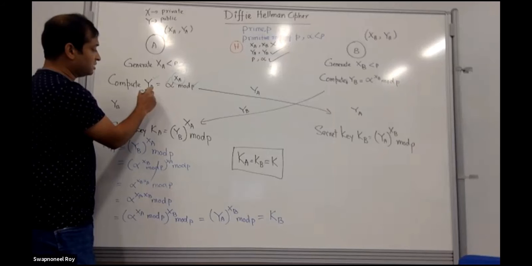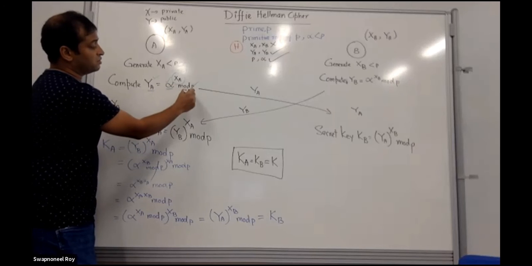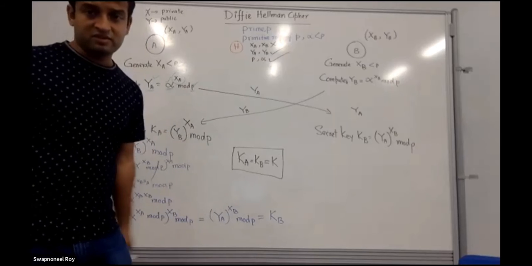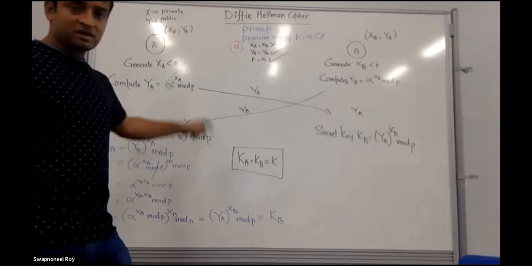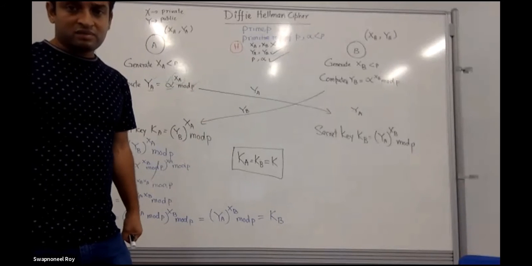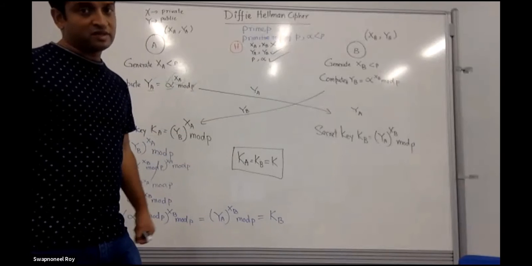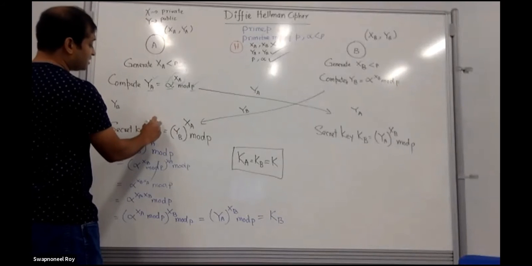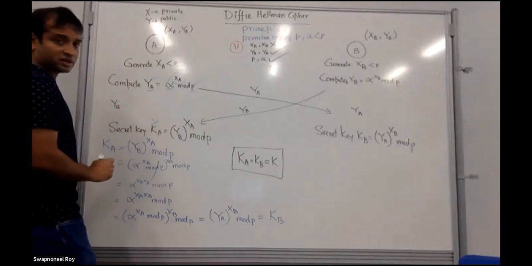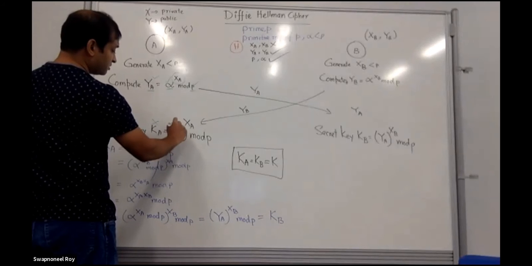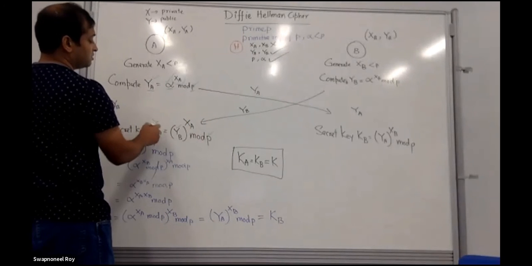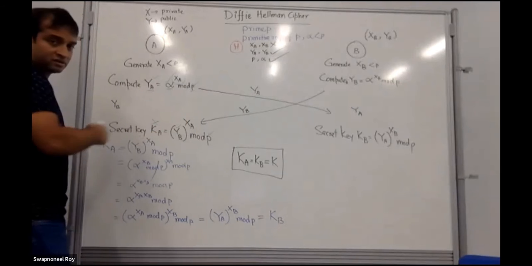These three values are known. YA is known to the hacker, alpha is known to the hacker, the modulus P is also known to the hacker. The prime P, basically, which is the modulus essentially. All three are known to the hacker. The private key is not, but solving for it is solving the discrete logarithm problem, which is why that is secure. And even over here, the secret key is actually unknown. YB is known, the modulus P is known. So again, in this case, two values are unknown.